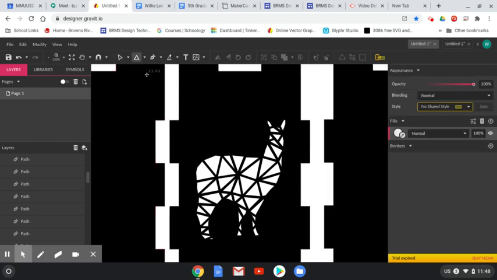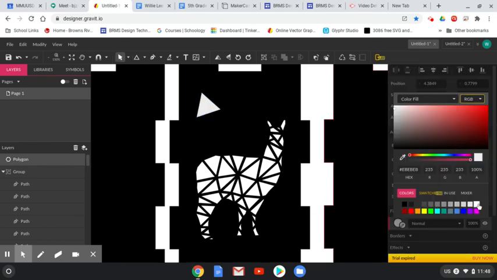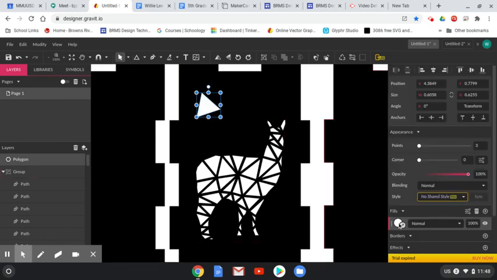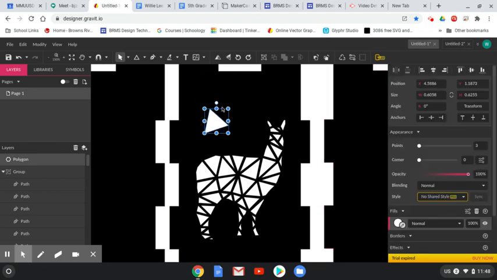And then, you know, maybe you go in and you use some more triangles, like get their fill to be white. There we go. You know, maybe you have these as sort of part of it too, you know, just to kind of add some interest